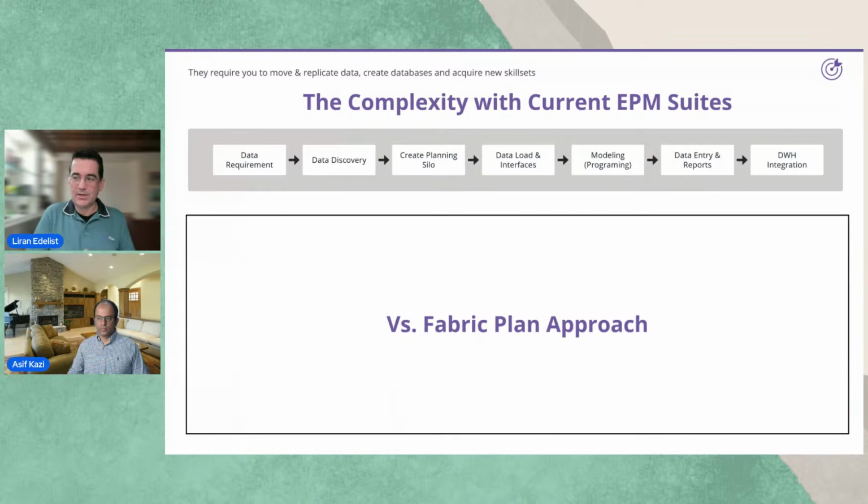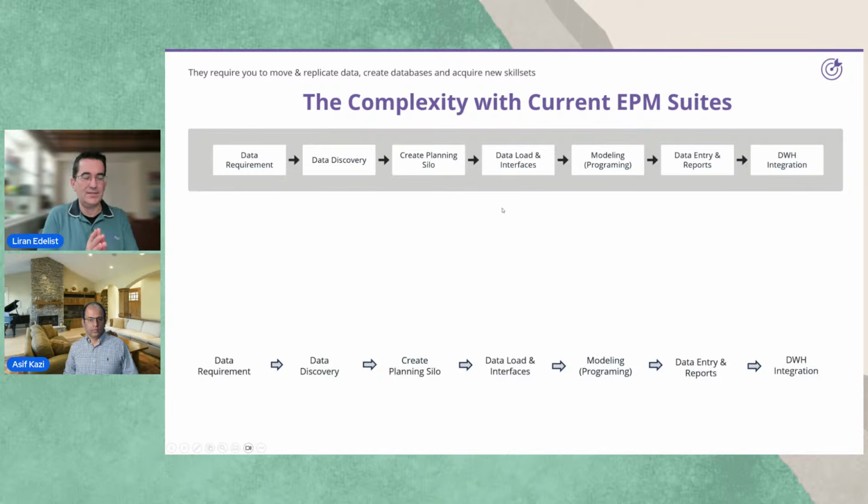And the Fabric approach is not just saying all the data is in the same place, but it also says, actually, we're building your whole plan data, your whole baseline data, from data that is already existing in the semantic layer. So we don't do a data requirement. We say, okay, let's look at the semantic layer that already has the data that should be available for planning and just select what we need for the planning approach.